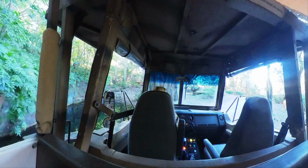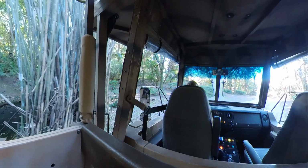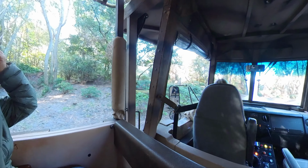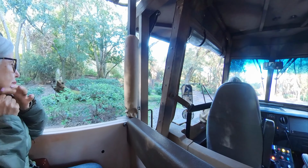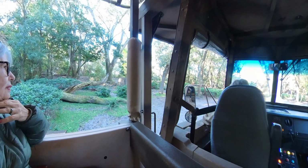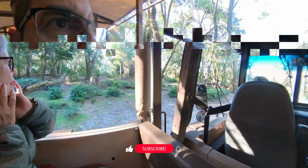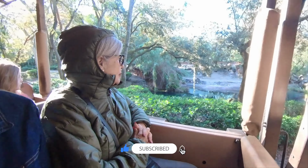Now folks, we've made it out into the Little Aturi Forest. The animals are typically pretty shy out here. They'll camouflage well deep in the branches and in the bushes. Now on the right side, we'll see that animal over there with striped legs. That will be the okapi. Now because of the striped legs, that does confuse a lot of people into thinking that they're related to zebras, but they're actually the...